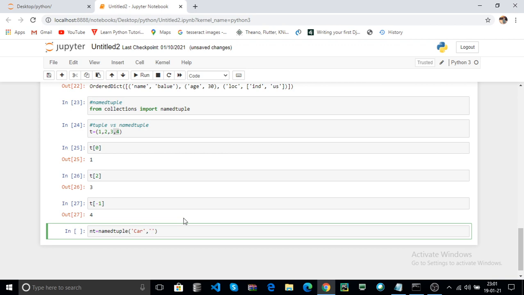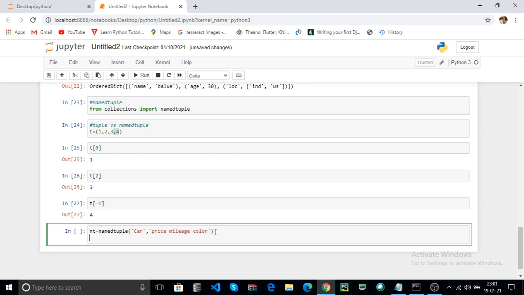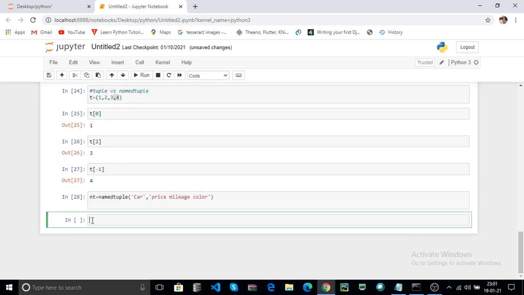That means, for example, the car contains price, space, mileage, space, color. You can also pass a list, because a list is also an iterable object. If you pass a string, you must use the space. Now the nt is the namedtuple here.